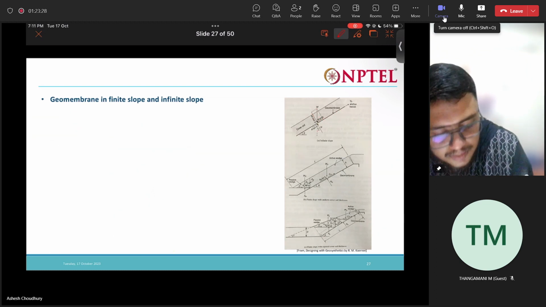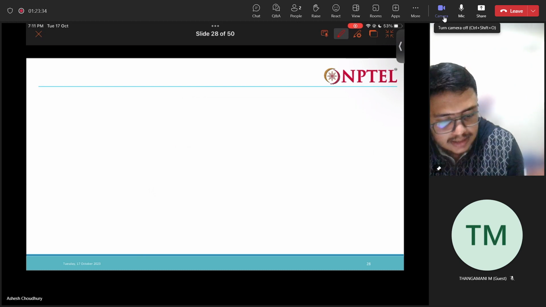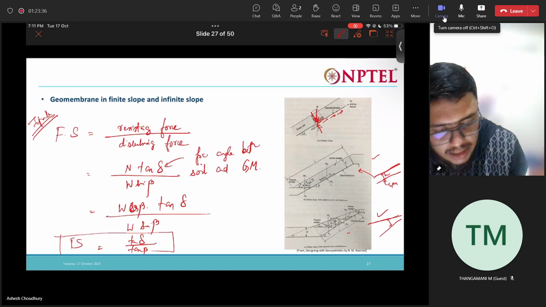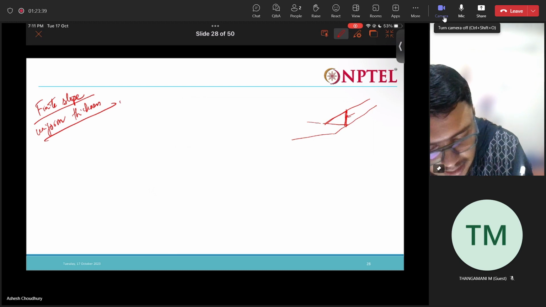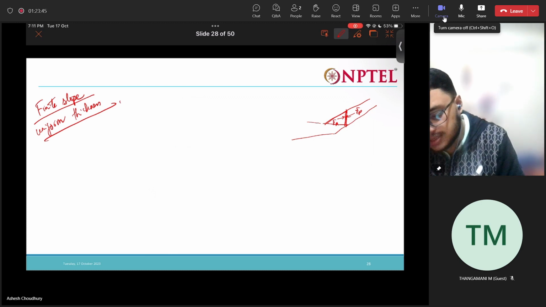What happens is that a passive wedge develops here, and there is the active wedge and the passive pressure. There will be some passive pressure acting here, and there will be some active pressure acting. If we equate all these things, we can get the total weight of the active wedge, gamma h square